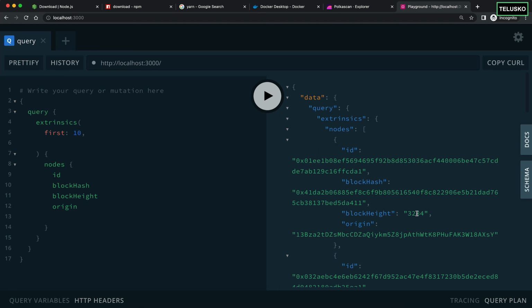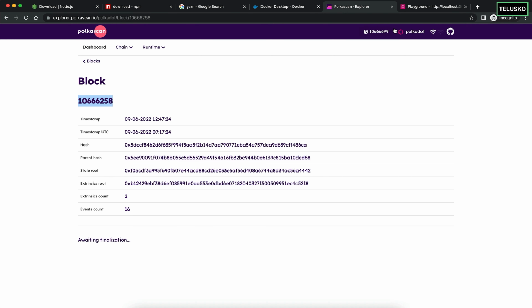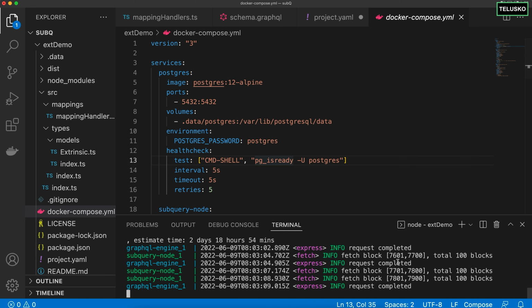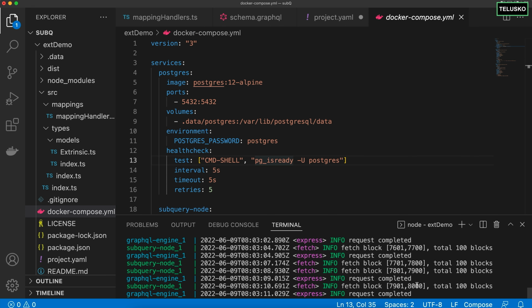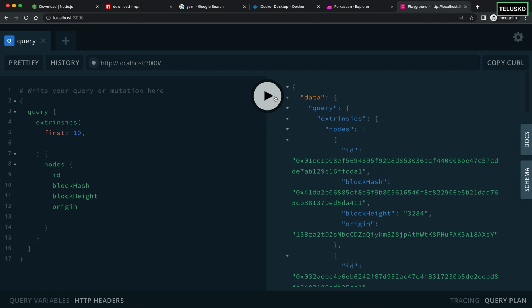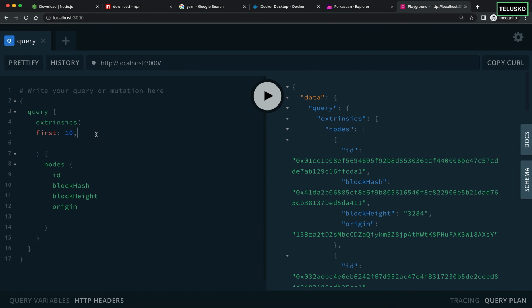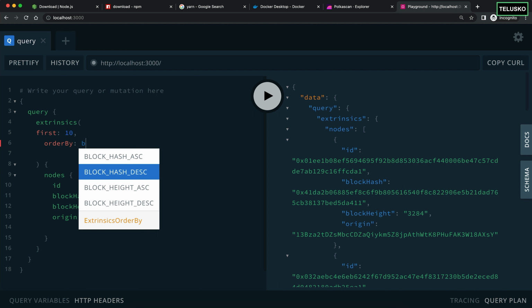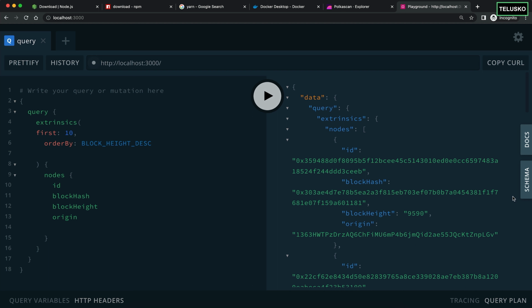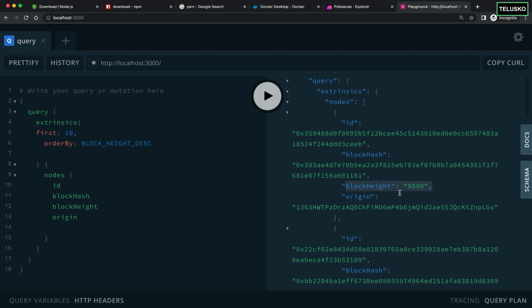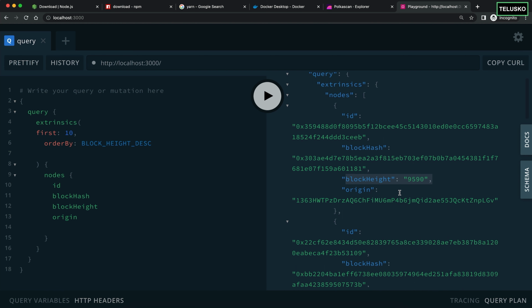Now, why only 3000? Why not the latest number which you are getting in the Explorer? It is because if you go back to your terminal, see the indexing is done till 8000 now. And this time if I fire this, should I say last, enter, okay. I guess it's working with one cluster at a time. Okay, just fetching all the extrinsics. The only thing is we have to order by the block height, in descending format. Run, and you can see this is fetching the latest one. So this is how you index, and all this indexing is happening in your machine, in your Postgres database.